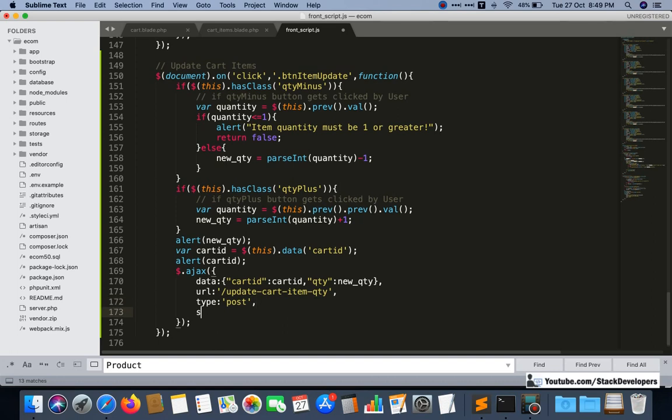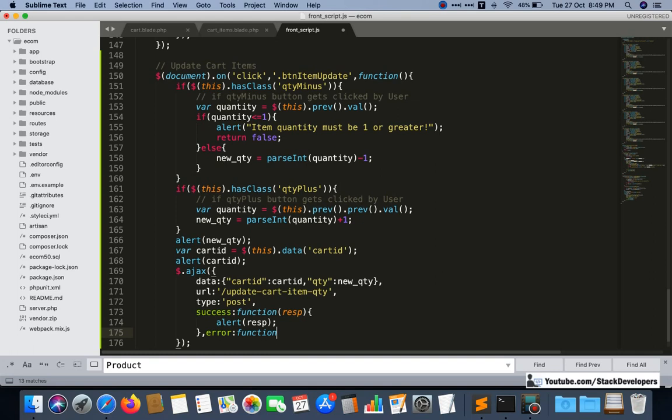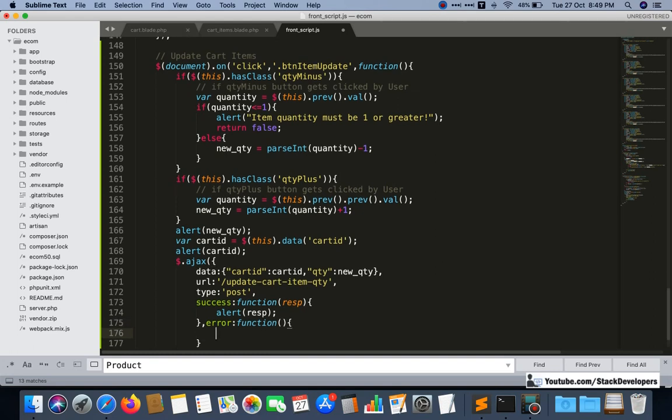Here is the success function. We'll check the response as well, alert response, and here we are going to add the error function. Here we're going to show the error.